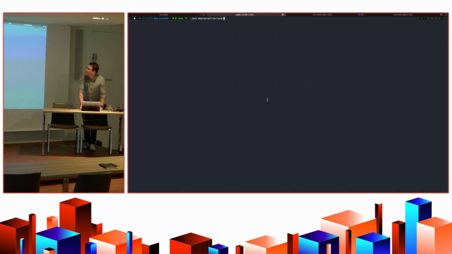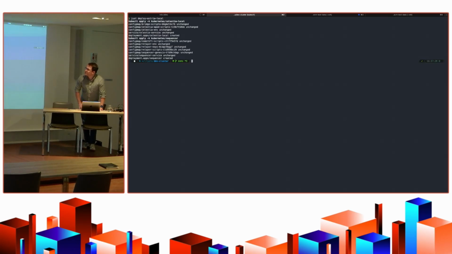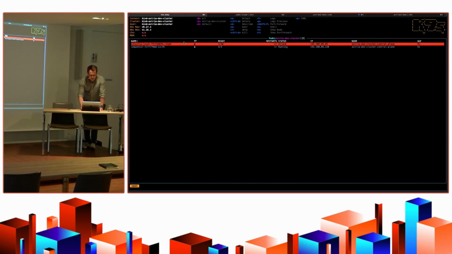local. Cool. This is going to spin up a couple of containers in Kubernetes, which we can see here. There's going to be some restarts. The magic of Kubernetes is that these things will reboot until they come up. So within our sequencer,